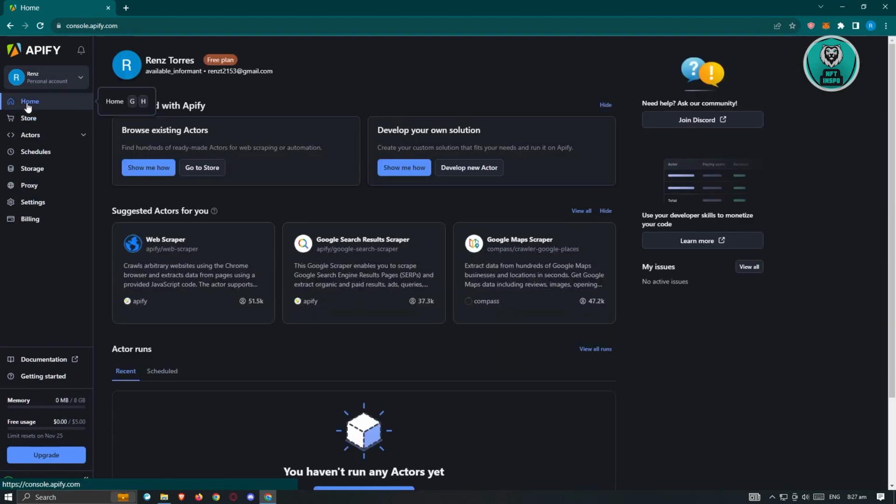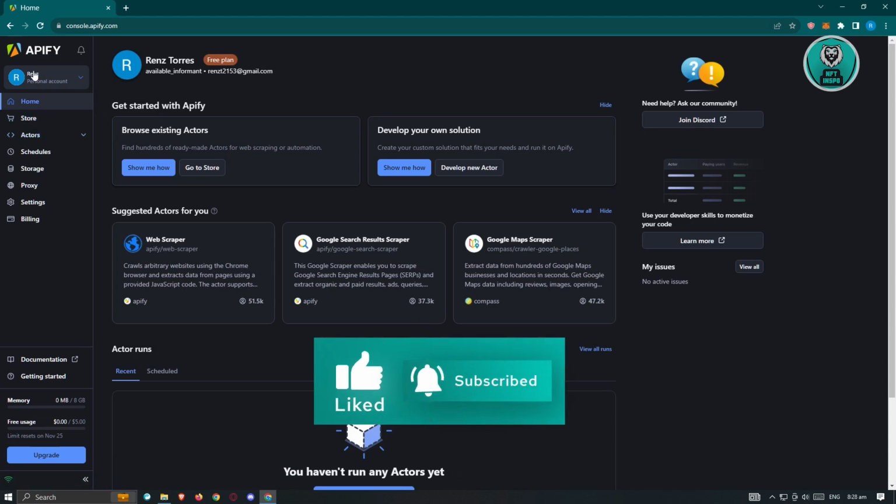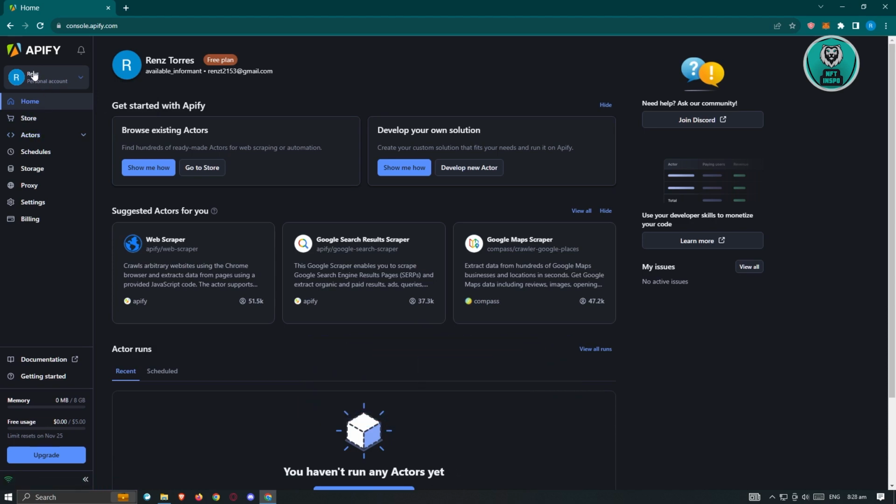In here, this is actually our dashboard. This central hub allows us to manage web scraping and automation projects. You can monitor progress and access various tools and resources. The dashboard consists of two main sections: the left section, which is a navigation section, and the main section, which gives you details regarding the specific section that you chose on the left. The left navigation provides quick access to important tabs like home, store, actors, schedules, proxy settings, and